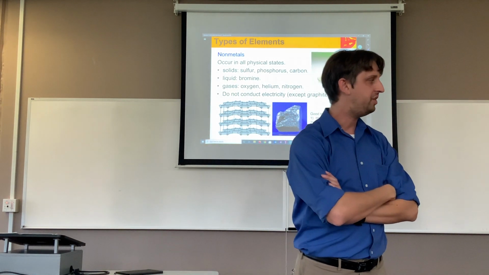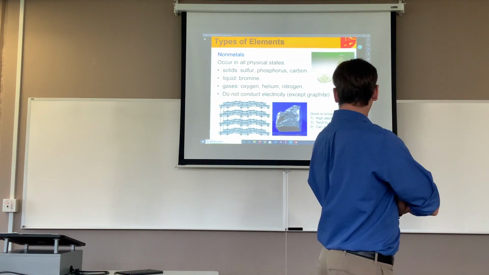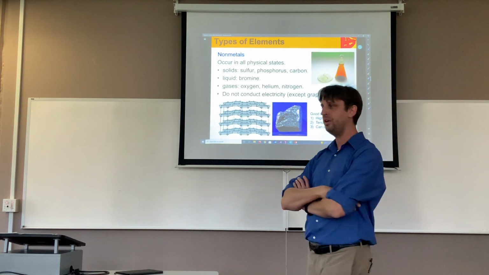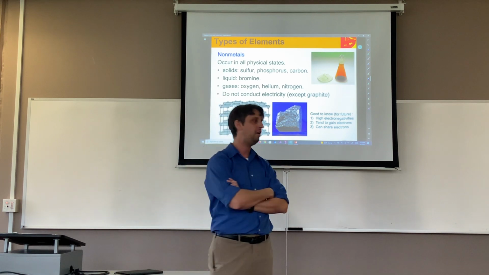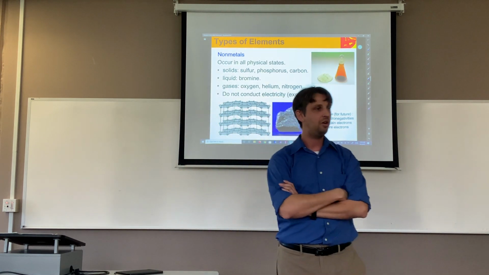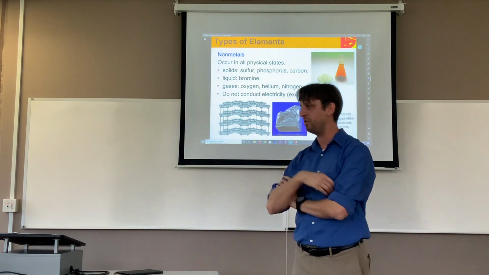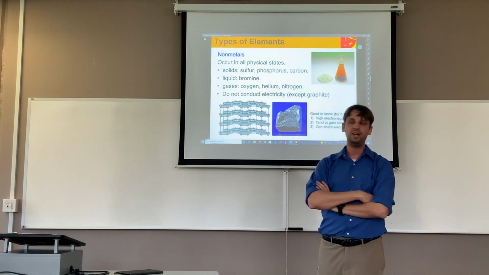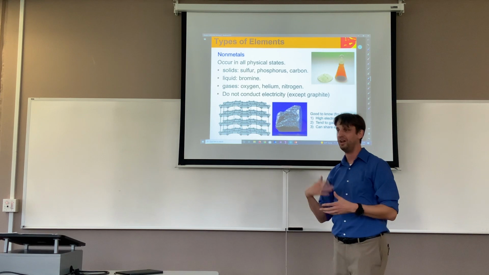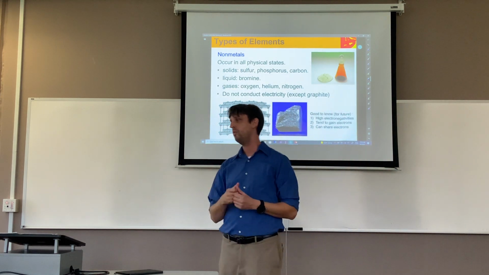We can have different forms of carbon also, right? So we can have diamonds. Diamond is a form of carbon, and we can have carbon nanotubes and carbon nanowires and things called buckyballs and all this kind of stuff. And those are all allotropes, which I think there's a slide of later, okay? So we have solids, but even the solids can come in different forms that have different properties.